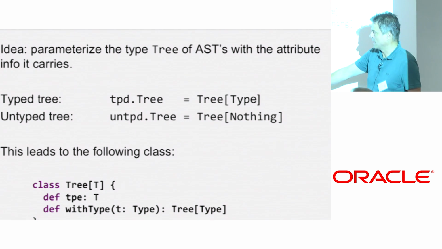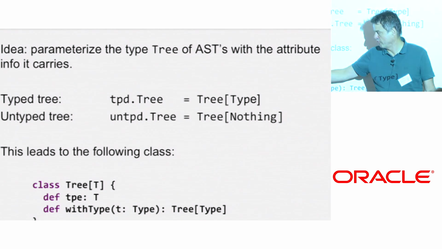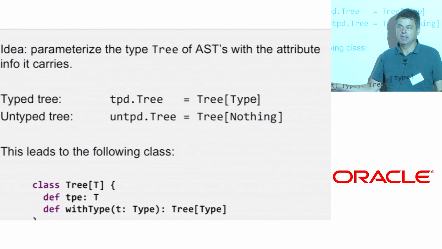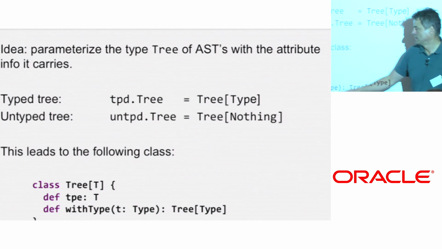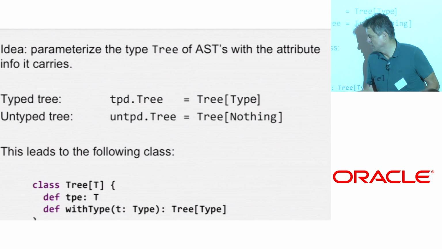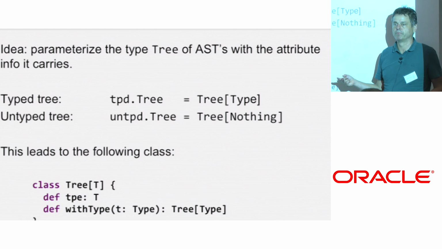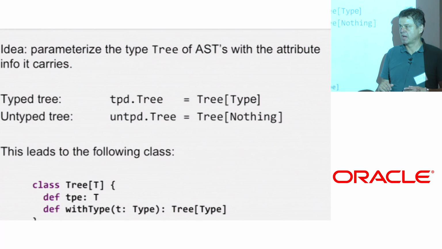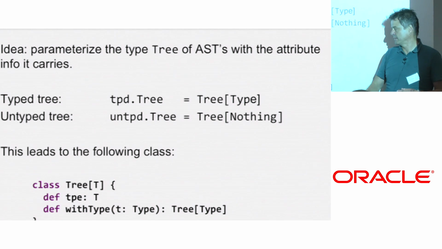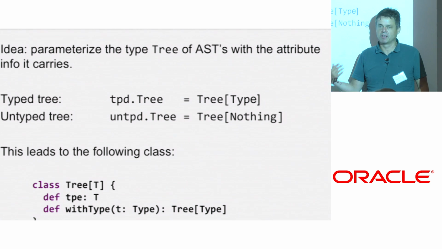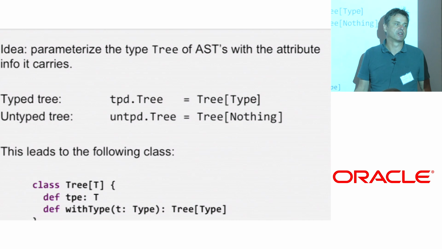So that leads to the following class. We have essentially the base type of all nodes in the AST is Tree of T, where we can get the type out, and it will give us a T, either type or nothing. And then there's a method withType, which is essentially called by the type checker, and the type checker gives it a type, and then we get out a tree of type. And there's actually a clever copy on write strategy that we say, well, if we start with an untyped tree, and we haven't given it a type yet, then the first time we give it a type, we don't need to create a new node. We can just reuse the old node, but then if somebody gives it a new type, because it's used in a different context, say, then you will copy the tree at that point.